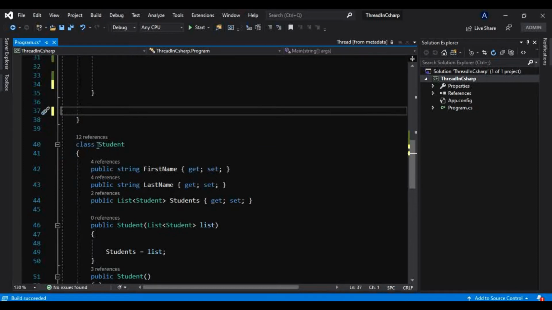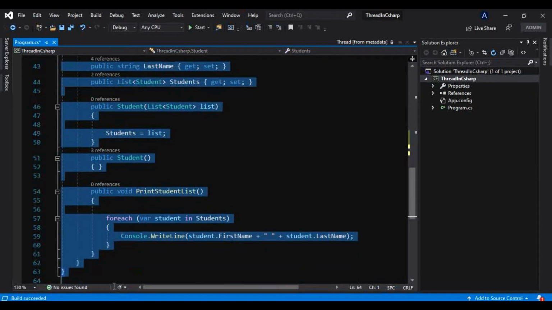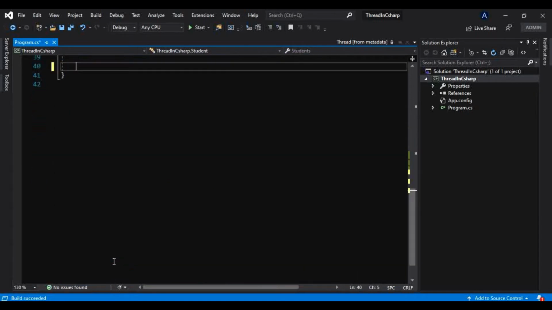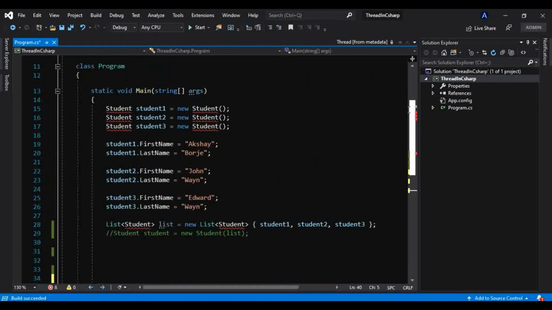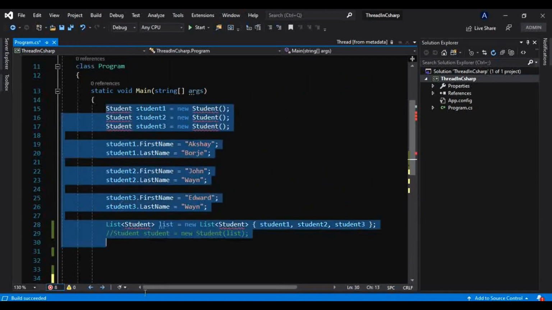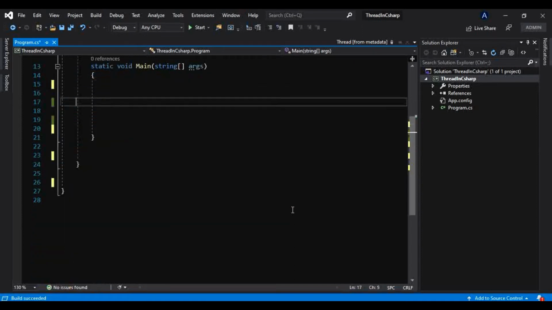And I will get rid of this class as well. I don't need it anymore. We will see that in a fresh example, how multi-threading improves our application's performance.